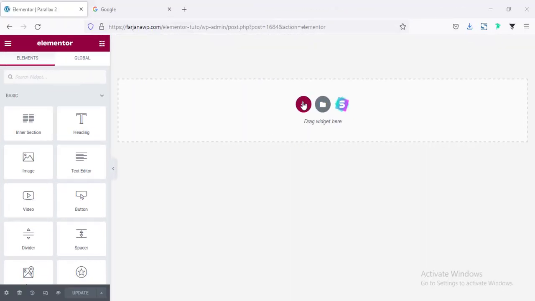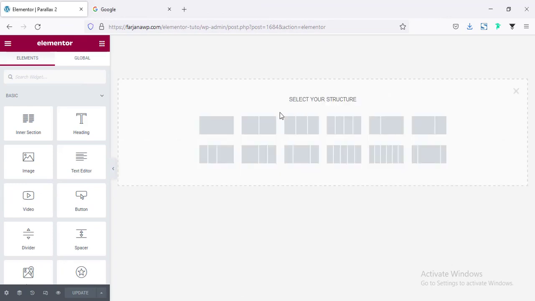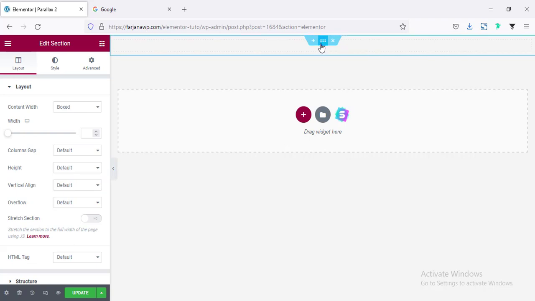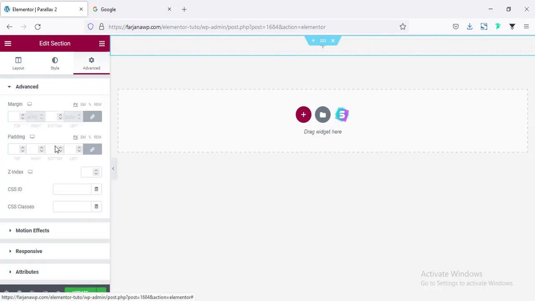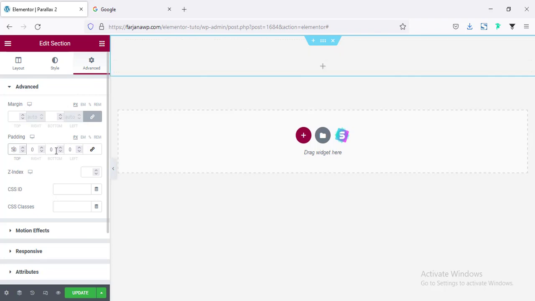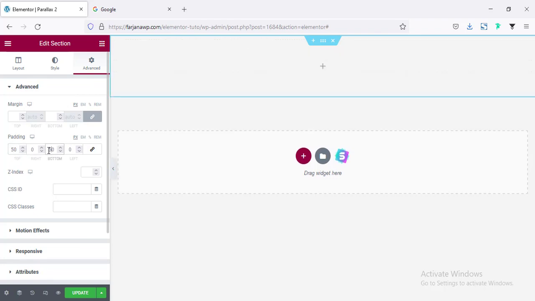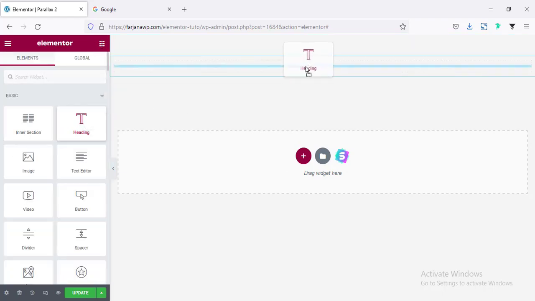Alright, so first I am taking a new section with a one column structure. And here I am just adding some padding for this section. So going to edit section, advanced tab and padding, making it unlink for top, adding 50 and bottom 50. And then I am taking some text, so going here and taking a heading text,